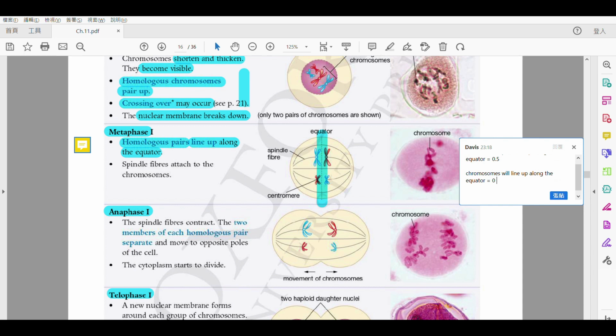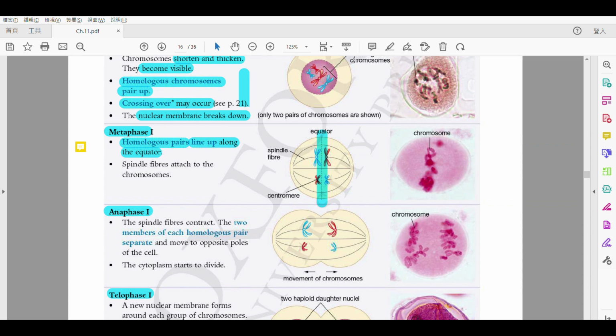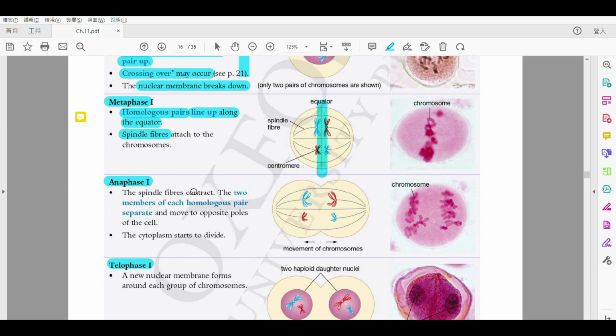Alright, but then if you tell me something like chromosomes will line up along the equator, this one is totally wrong. Alright, when we're talking about meiosis, this sentence is totally wrong. Alright, so be careful. You need to use these words very carefully. And then the other thing, they're always the same. The spindle fiber 啦會 attach to 呢個 chromosomes 啊。